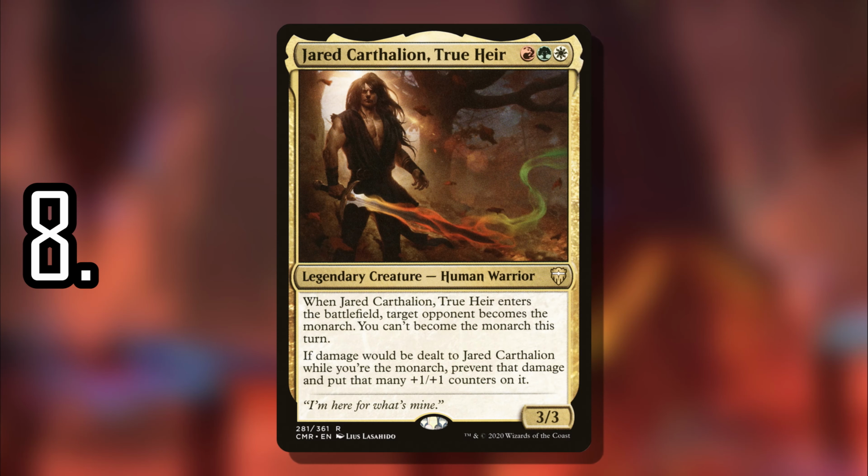Number 8 is Jared Carthalion, True Heir. And you'll notice that none of these are going to be bad commanders, otherwise I would have titled the video as such, but it's very clear that this commander option was designed to not just enter the battlefield and have an immediate impact. We are talking about a 3-mana commander in very combat aggressive colors, so having this condition where